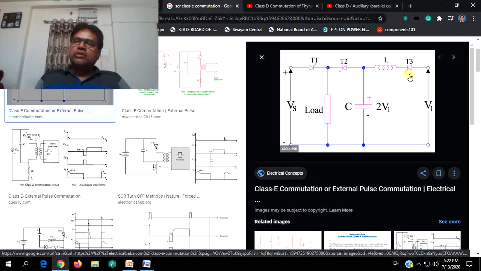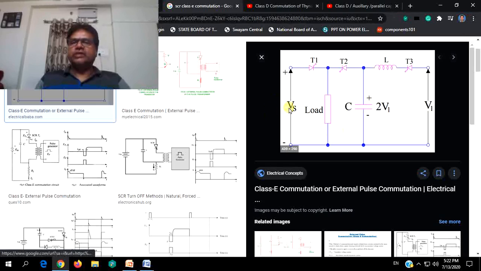For that purpose, you have to first turn on this SCR. You can use other power electronic devices also, but to get tuned to the turn on and turn off times and capacitor discharging times, an SCR is employed over here. When this is turned on, the capacitor gets charged to 2V1. If this supply voltage is V1, it will get charged to 2V1, which will be more than Vs,